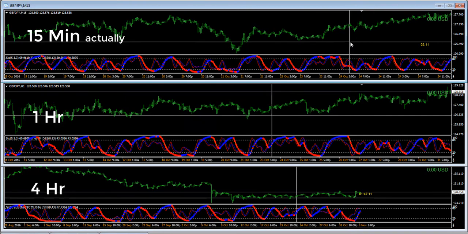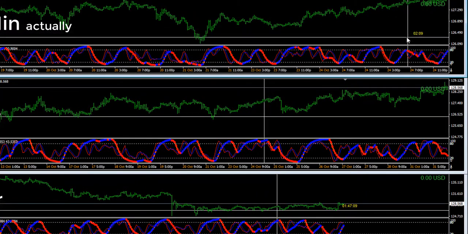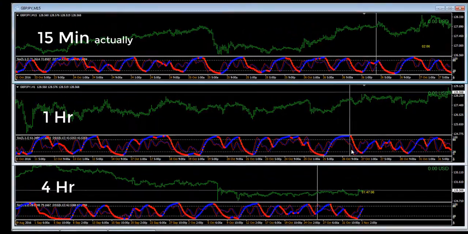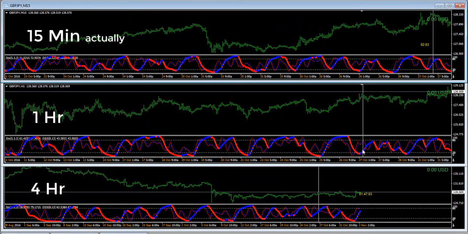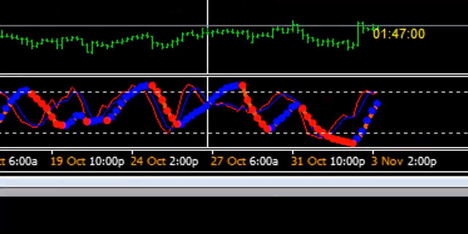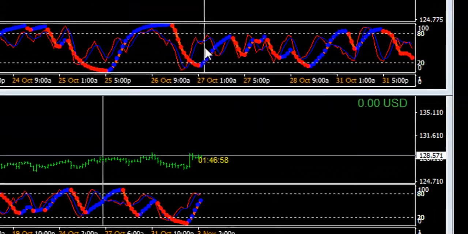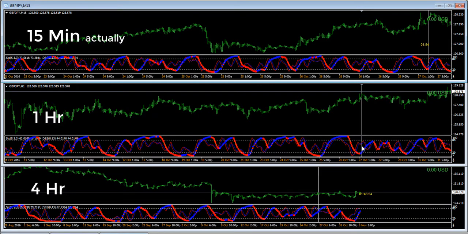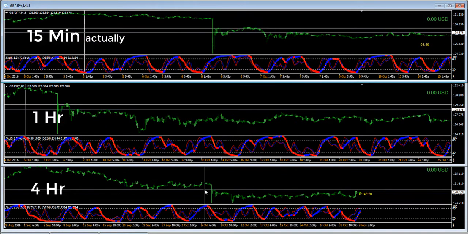Notice how the cursor is showing the same exact time as it correlates regardless of the time frame. Now, let's say you want to do a little bit of a technical analysis here. Notice on the 4-hour chart, well, I'm not going to do what everybody does out there and cherry pick charts,